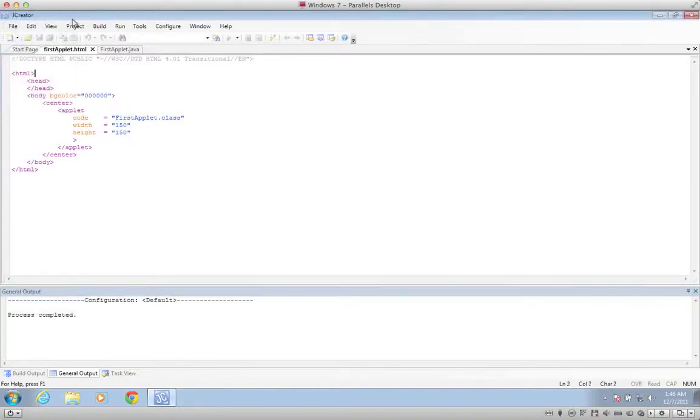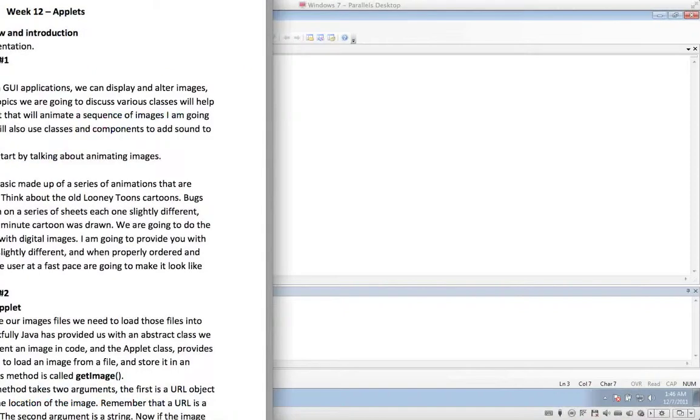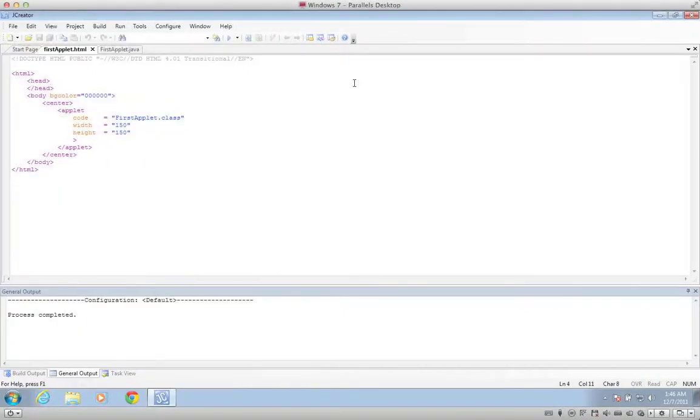That's exercise 1. That's fairly simple. The next topics that we're going to talk about are going to be images with applets and animating images. So you're going to see